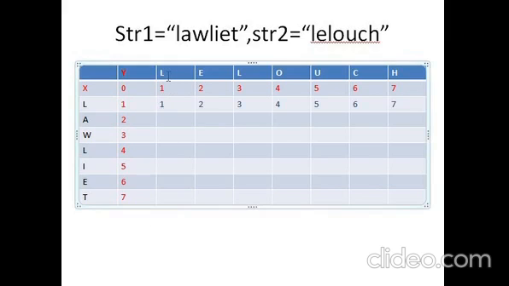After filling, the next thing we have to do is compare the characters starting from L and this part. L and L are the same, which means they match, so we take only one, consider them as one letter, and add one here. Now L, E: to fill this cell we consider E, L and L. L and L is one letter, plus this one letter, so 2. Now L, E, L and L, so this one letter, 2 and 3.